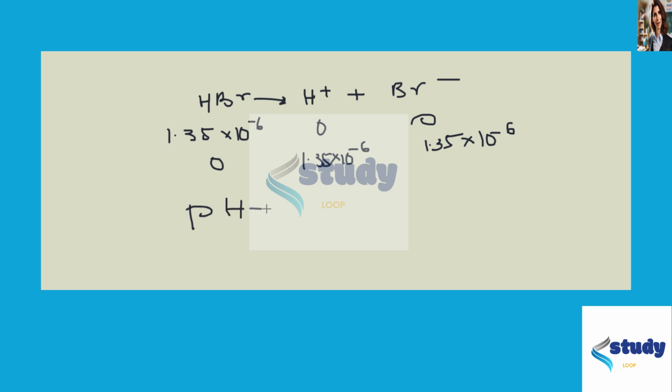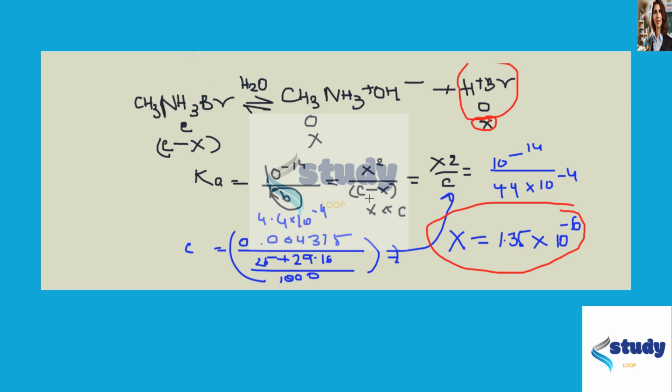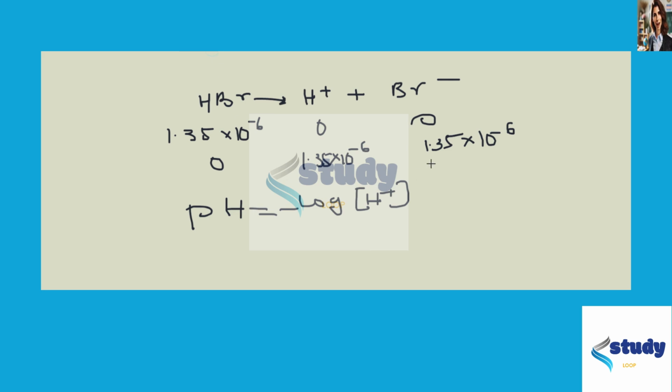If I want to do pH here, pretty straightforward because it's already an acid and this is already a concentration. Remember, we used concentration values here. We did not use moles. So this value you see here is in molar. So you plug this in here and you get a pH of